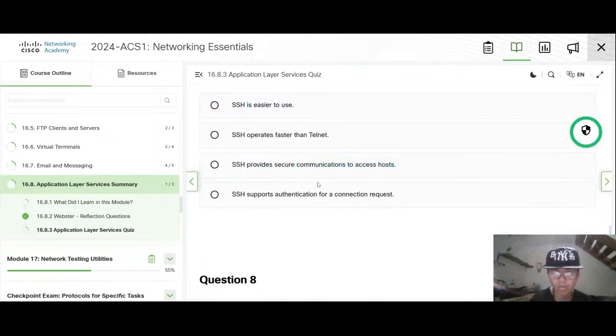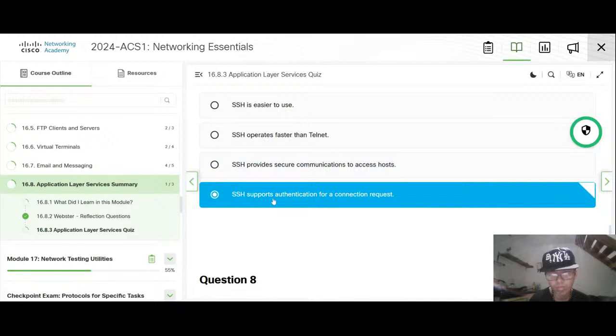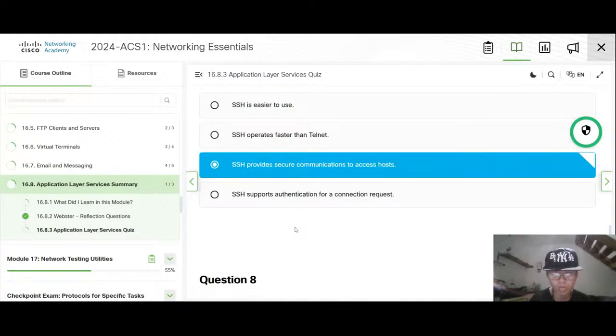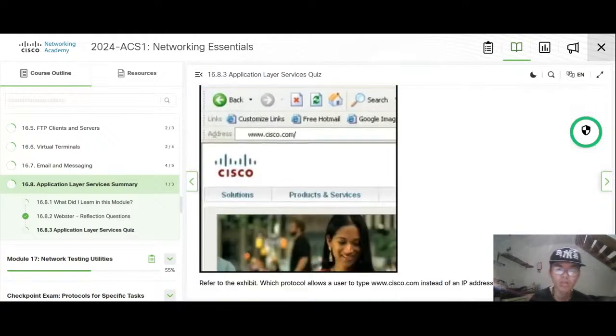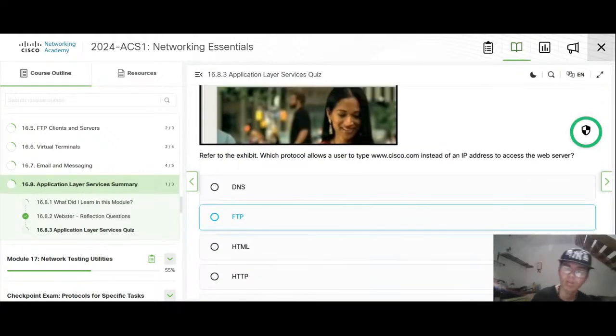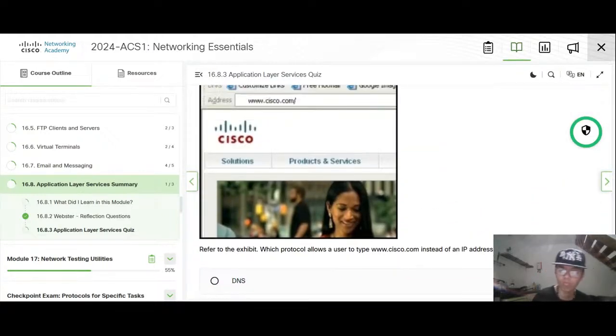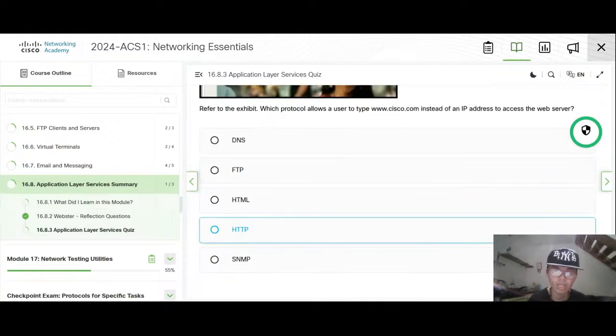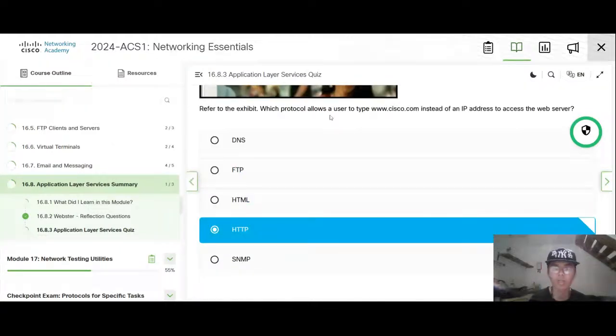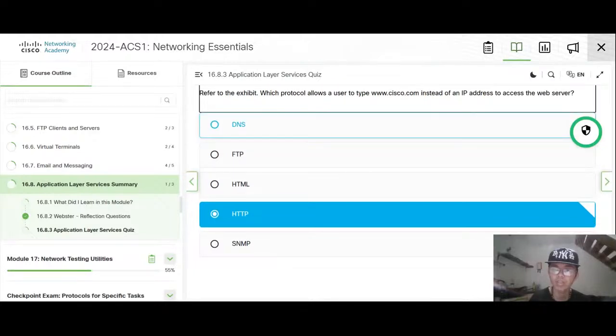It is more secure. It is HTTP. What is DNS?